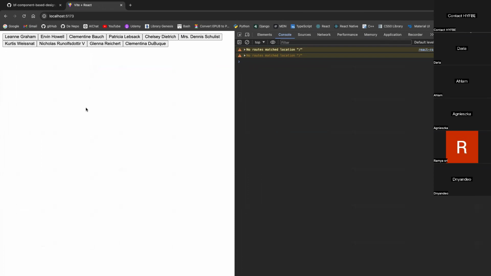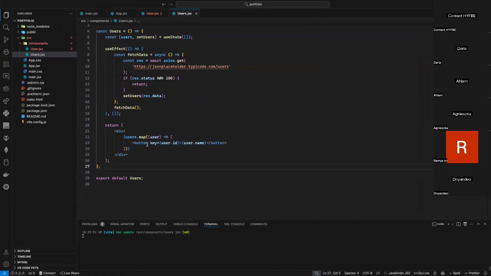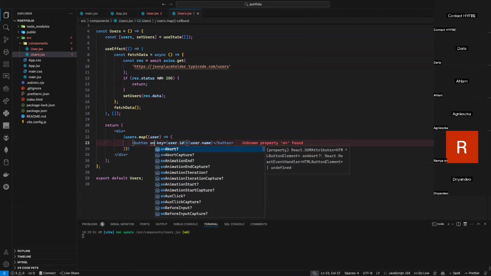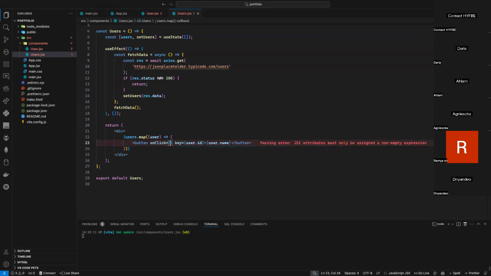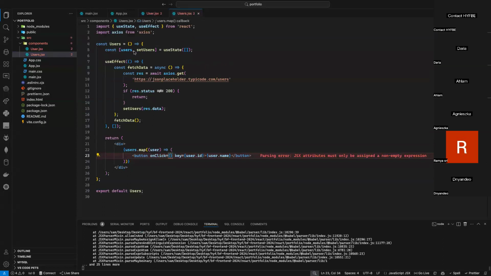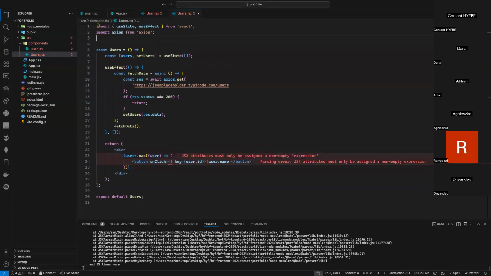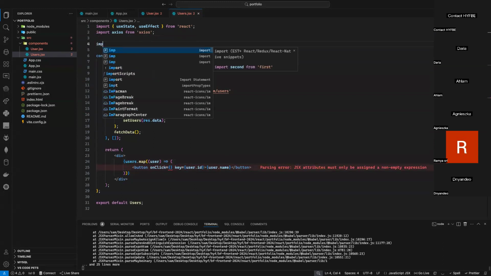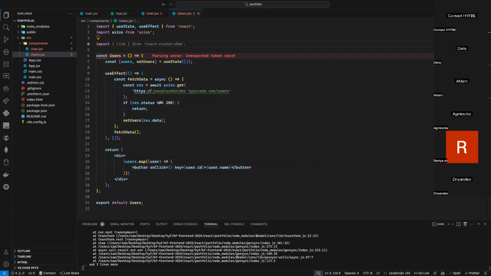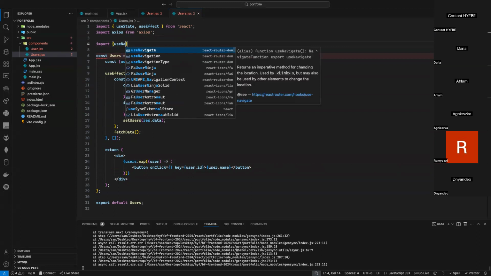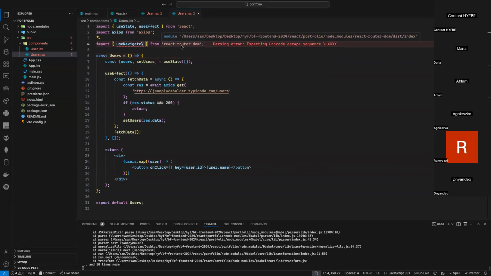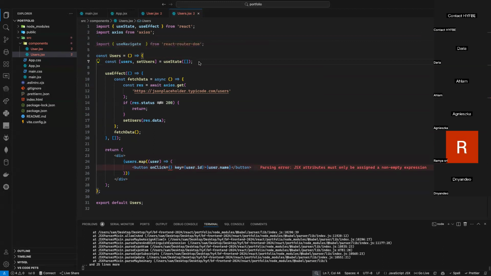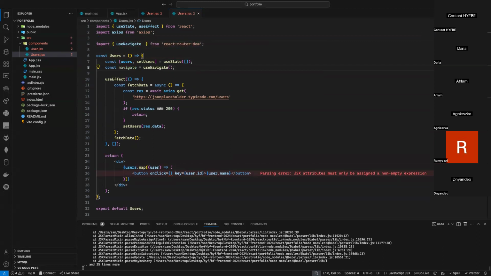So on click. Because this one is a button, I can add a function here and say onClick. And on click, maybe I can use navigate. I'll import useNavigate, not Link. After I import useNavigate, what do I need to do? It's a hook, so I need to execute it as a function,